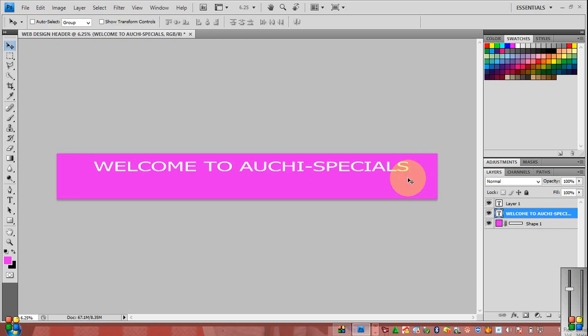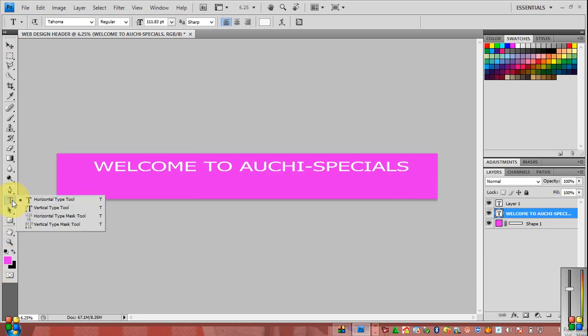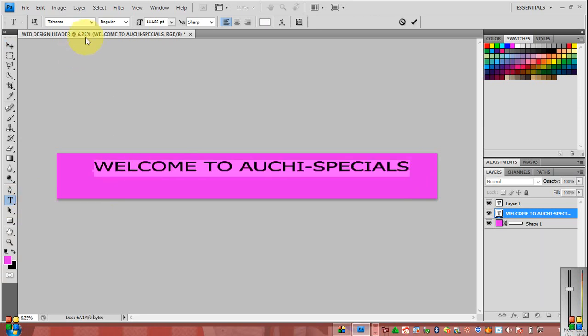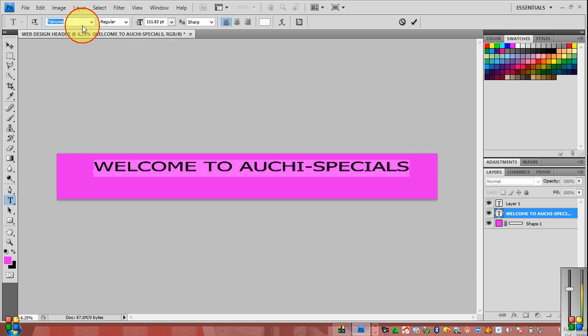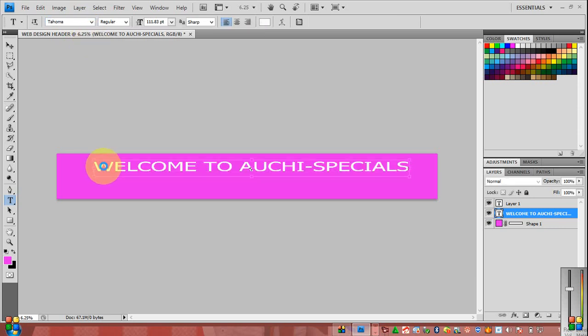But looking at this text now, it's not as nice as I would really appreciate. It's better for you to use a text style that looks very good and very pretty when it comes to your design. So I'm going to highlight all and then come over here to select a nice design tool. Something else, when you are designing, it's always good to save. So you hit Ctrl S to save, so that if for any reason